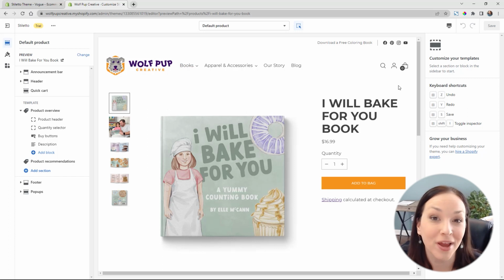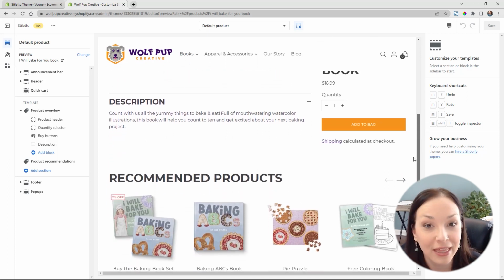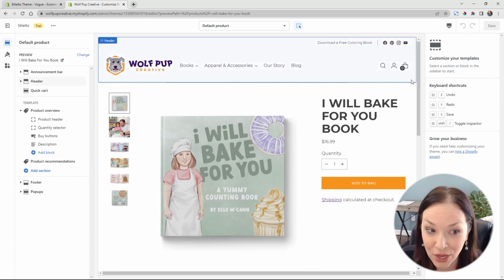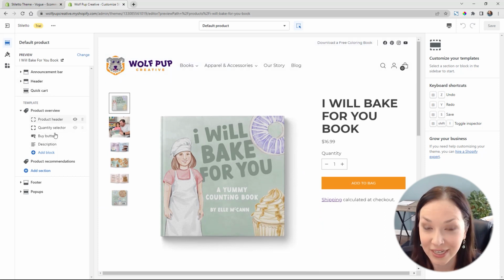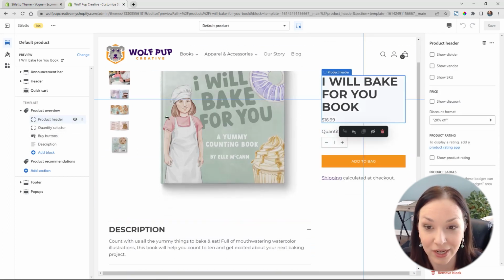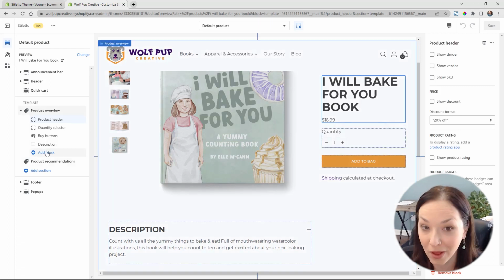2. So now that we're on our product page, we've got some default settings set up here, which honestly looks pretty good. However, we can add a lot more information in and just customize this product page a lot more. First off, you can see on the left-hand side, we've got all the settings that we can do to customize this product page. Whenever we click on one of them, like product header here, we can see additional options on the right-hand side. So we could go in and make any changes there. We can also go in and actually add more blocks here, which brings me to tip number 2, which is